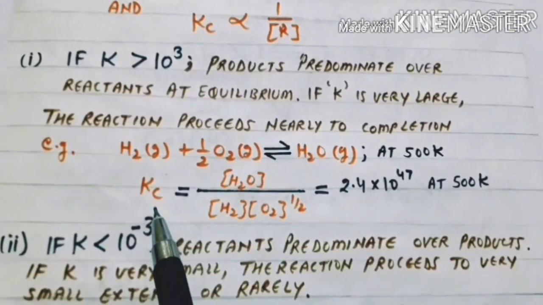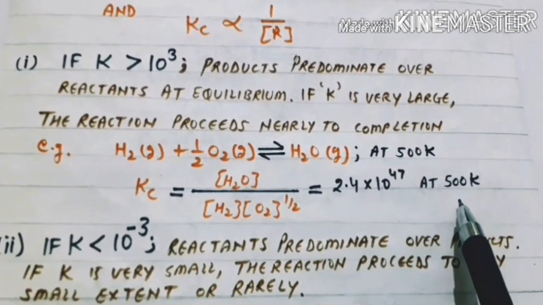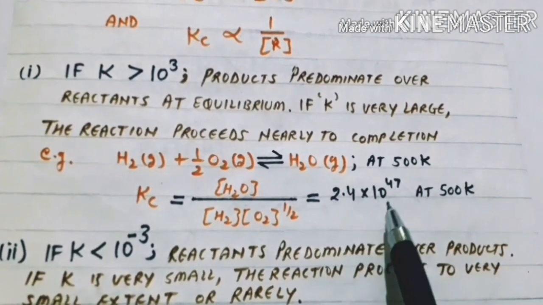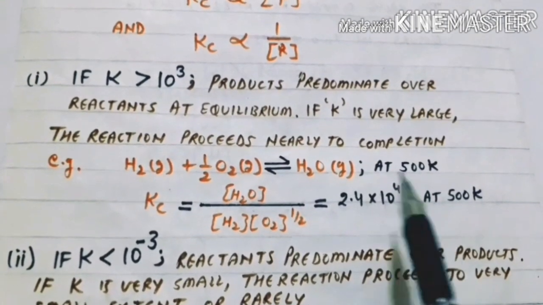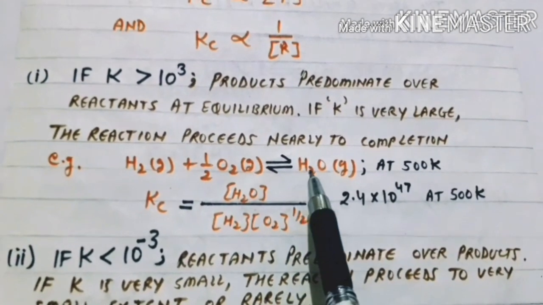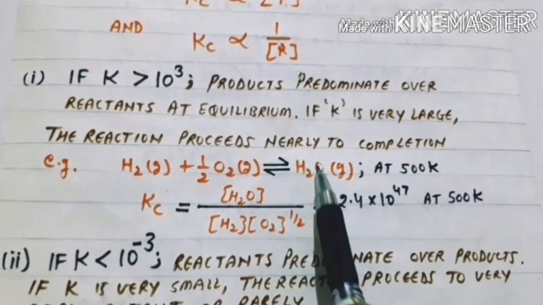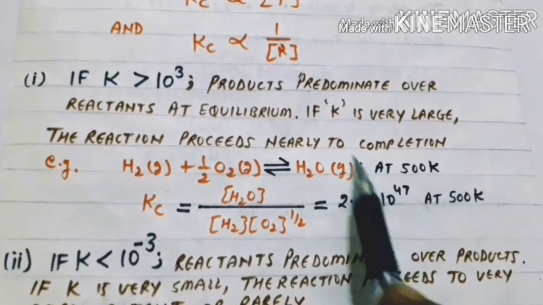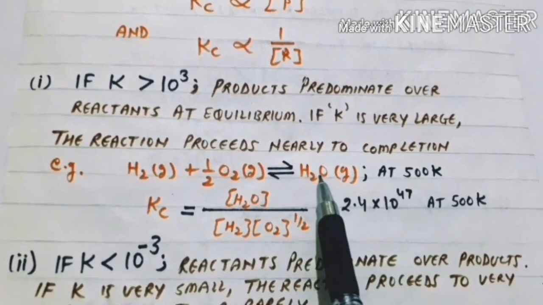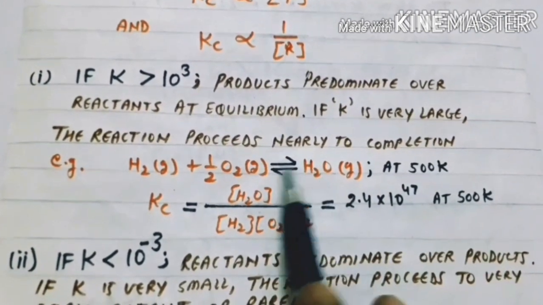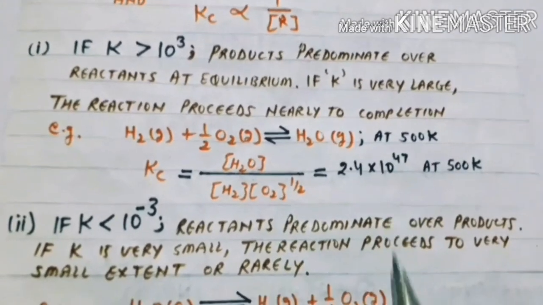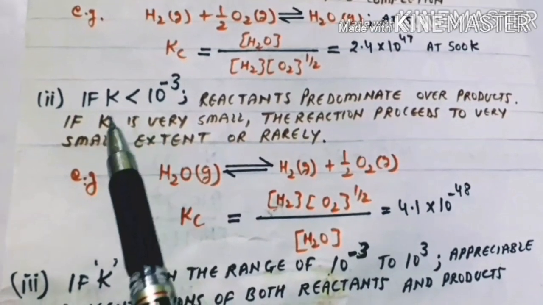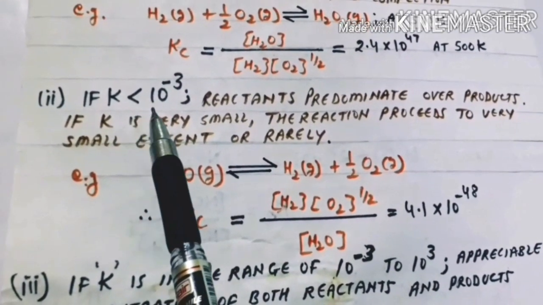तो इसके जो इक्विलिब्रियम कांस्टेंट Kc की वैल्यू है दैट इज वेरी लार्ज, that is 2.4 into 10 to the power 47. सो वेरी लार्ज वैल्यू शो करती है कि ये जो रिवर्सिबल रिएक्शन है ये फॉरवर्ड डायरेक्शन को जो है वो ग्रेटर एक्सटेंट तक, नियरली टू कंप्लीशन तक जो है वो प्रोसीड करेगा, जबकि बैकवर्ड डायरेक्शन को ये नेग्लिजिबल जो है वो प्रोसीड करेगा।